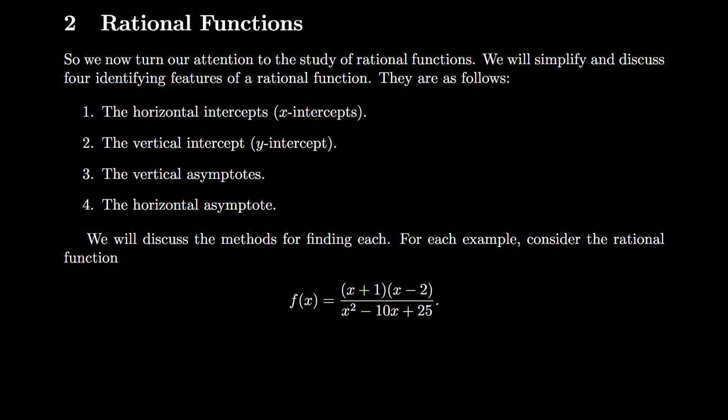All right. So for example, we're going to consider the rational function f of x equals (x plus 1) times (x minus 2) over x squared minus 10x plus 25. And in general, a rational function has a particular kind of look: f of x equals p of x over q of x, where p of x and q of x are both polynomials, and q of x isn't 0, for obvious reasons. So a rational function is a ratio of functions,